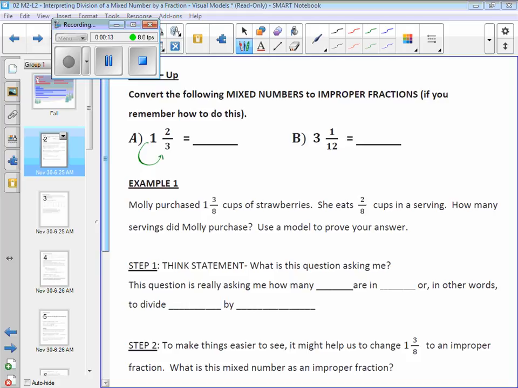Yeah, I want everybody to do this just as a reminder. The whole number times, like Nick said, in this case, the denominator, which is 3. Then what? And then add the numerator. What's the denominator? Right, if it helps you, make the denominator first, because whatever the denominator is in a mixed number,